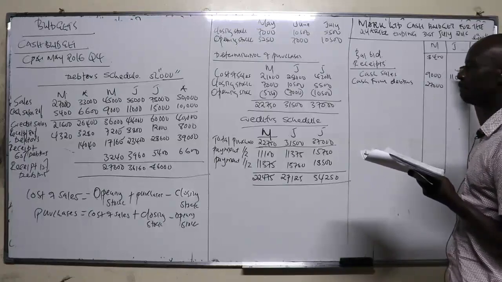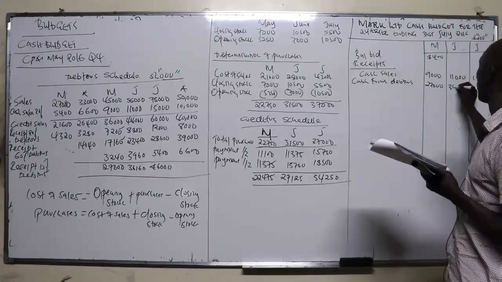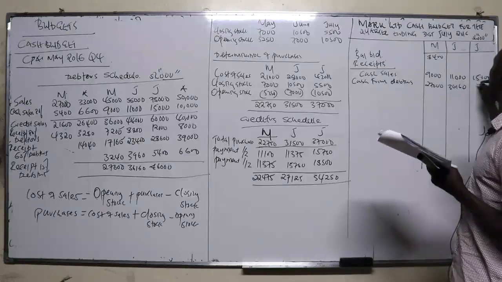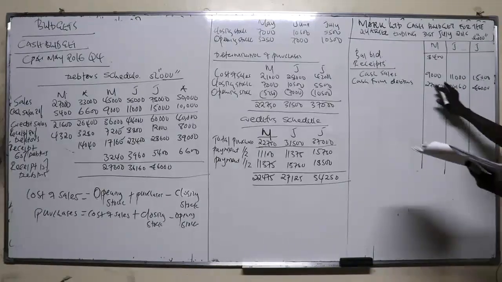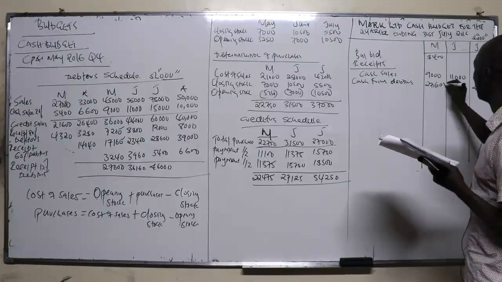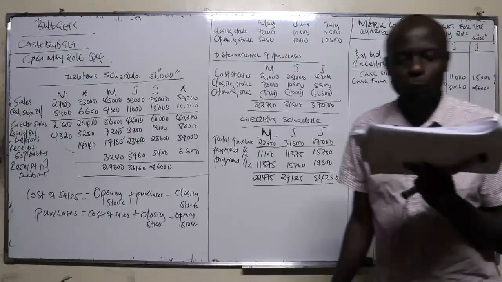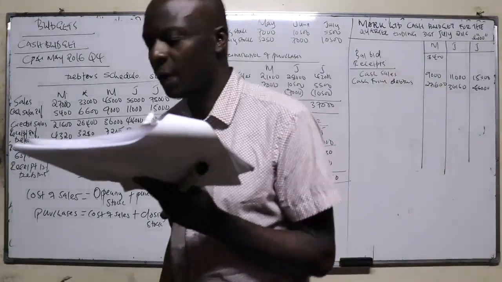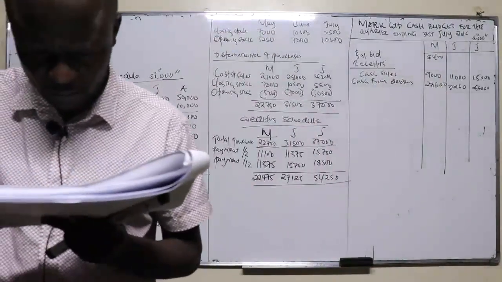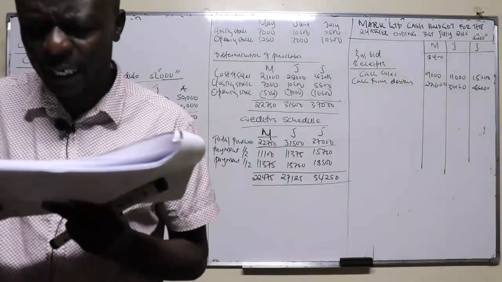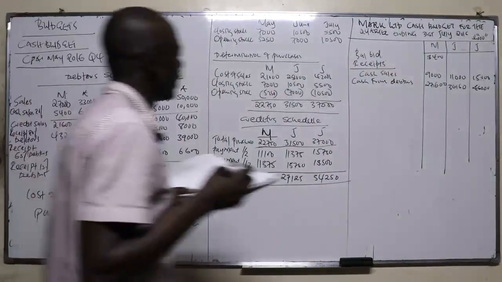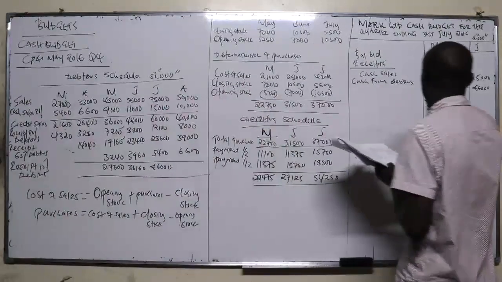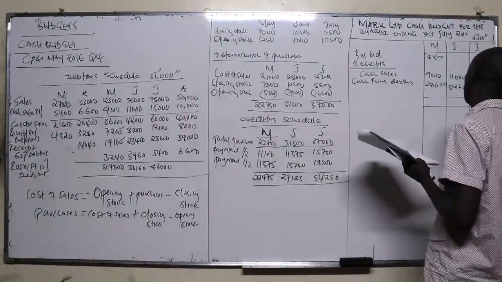The other one is 36,160 and 46,000. 27,600. Do we have any other source of income apart from the income from sales? Dividend, they pay, will be declared and paid. So they are not receiving, they are the one paying. So those are the only sources of income. So we can leave some space here, and here we write total receipts.